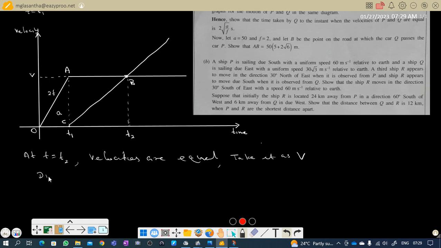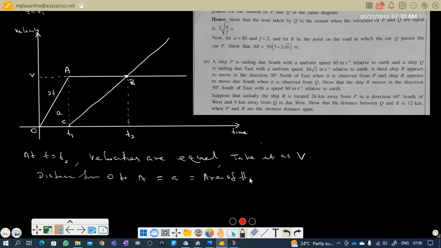Distance OA, the distance from O to A, equals simply a. It equals the area of